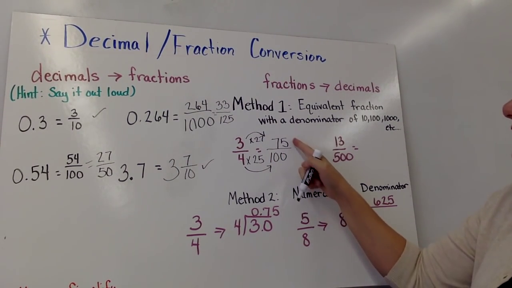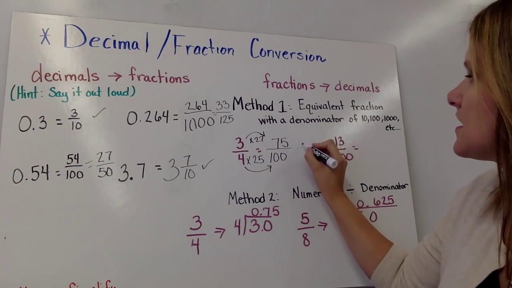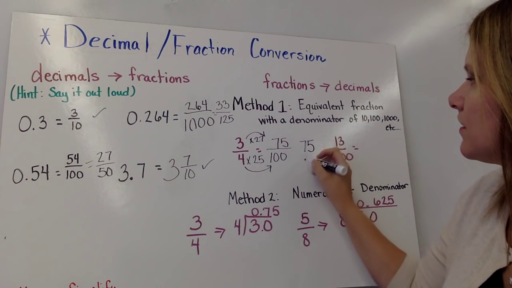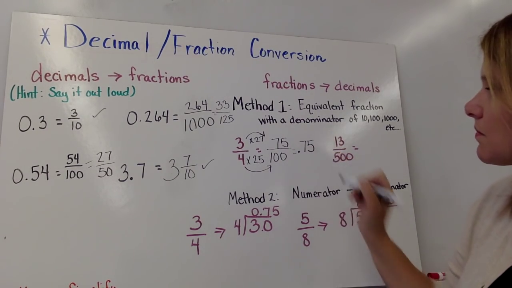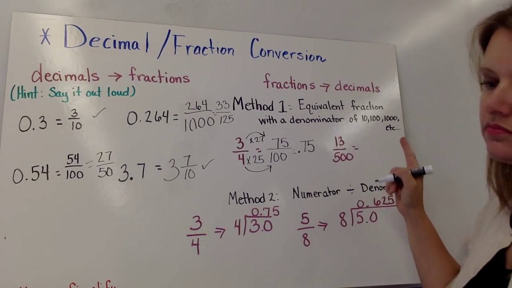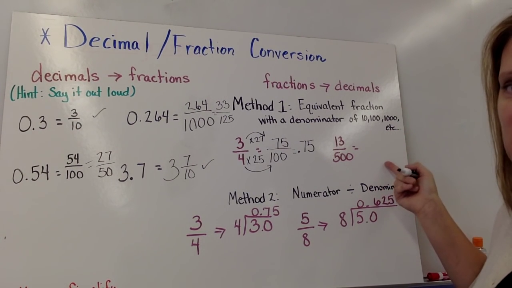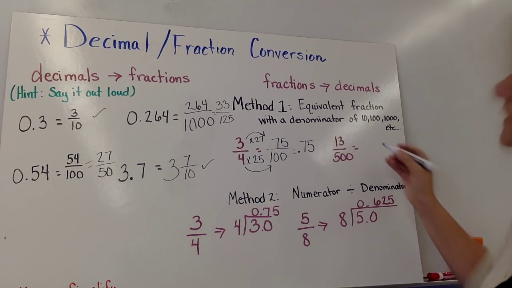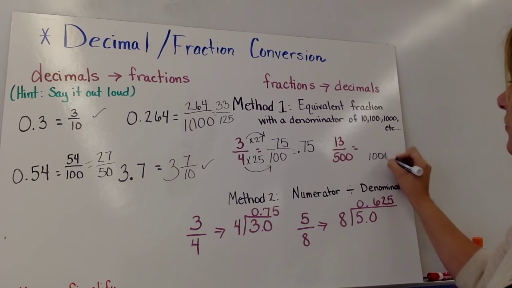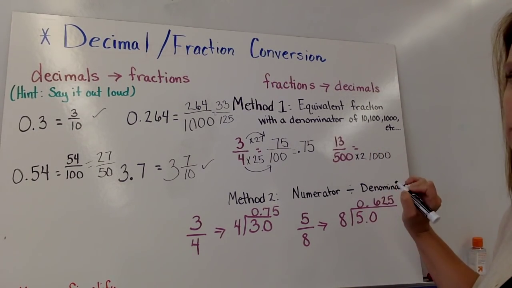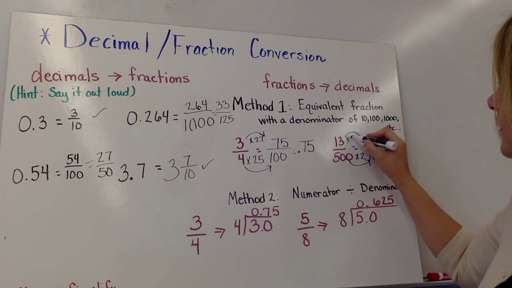So now, 75 hundredths, we can change that to a decimal, .75, because we know the last place has to be in the hundredths. Okay? This one here, the same way. We're going to change it from 13/500ths to first a fraction and then a decimal. So let's think here. Well, I can change that easily to 1,000 by multiplying times 2. 500 times 2 gets me 1,000. 13 times 2 be